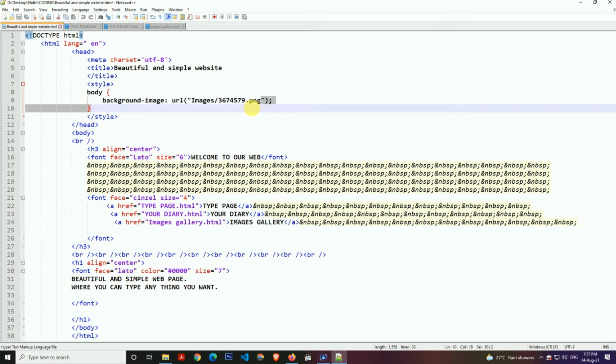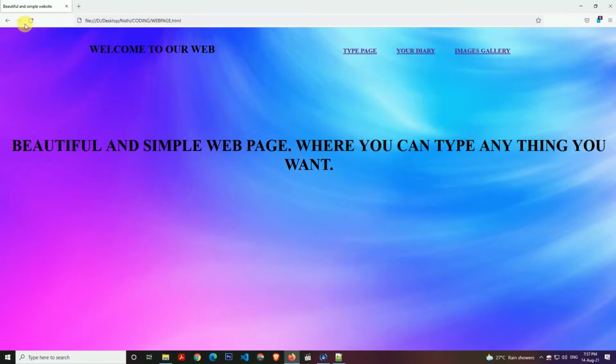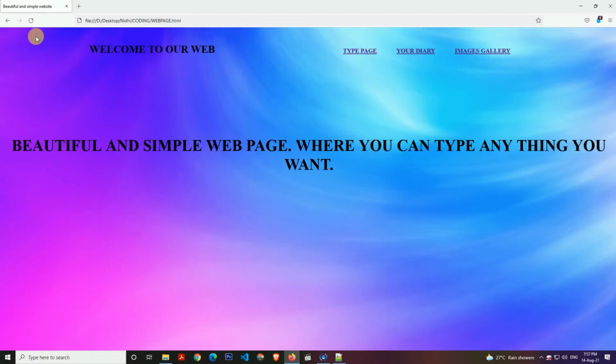Now I will take out this PNG and put JPG. Let me press control save and look at my web page, reload it. It will still not come, because the JPG will not work. If I put PNG now, it will come.